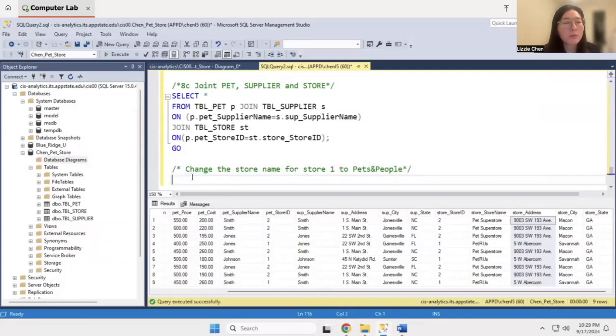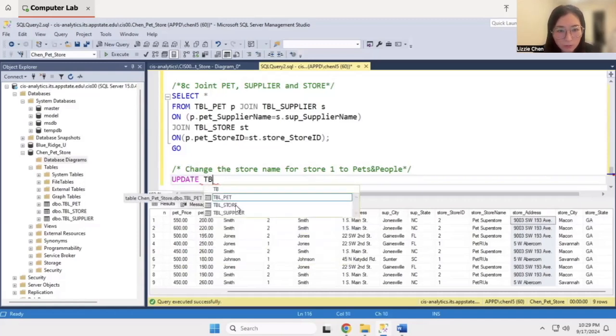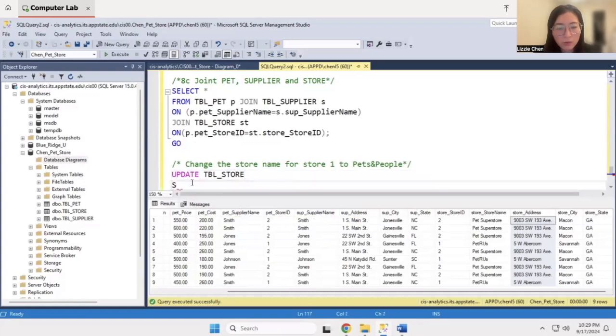Yeah, so remember what we taught about dimension modeling. So the last part will be the slowly changing dimension, right? Because in the dimension, when we change it, it's rarely been changed. So we call it the slowly changing dimension. So we want to update it, which is to overwrite the previous values. We're gonna update the TBL store. That's the table we want to use. And we want to set,